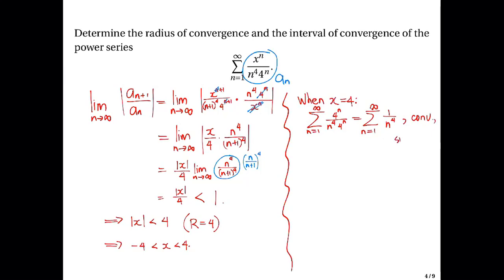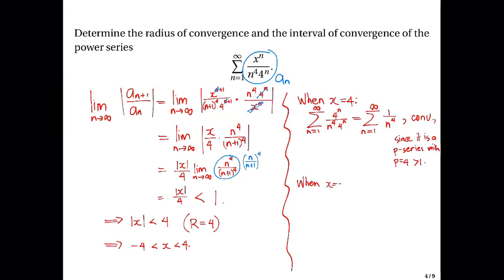Convergent since it is a p-series with p equals 4, which is greater than 1. So the right endpoint is included in the interval of convergence. For the other guy, when